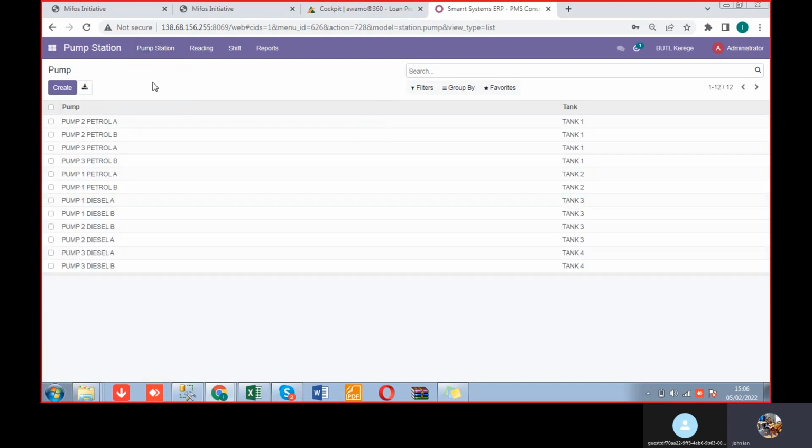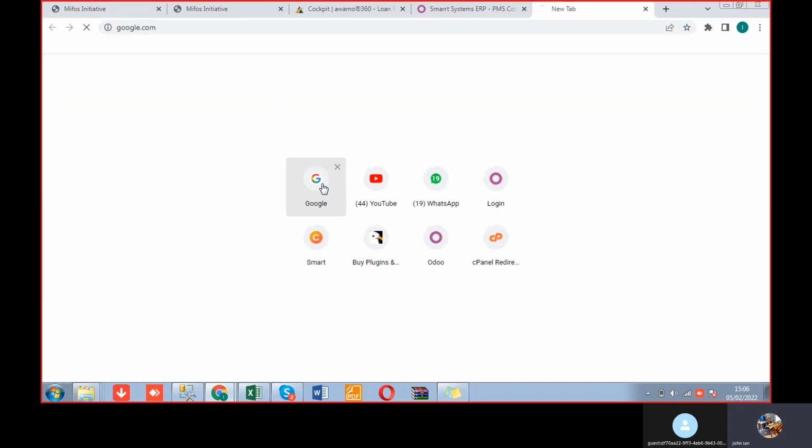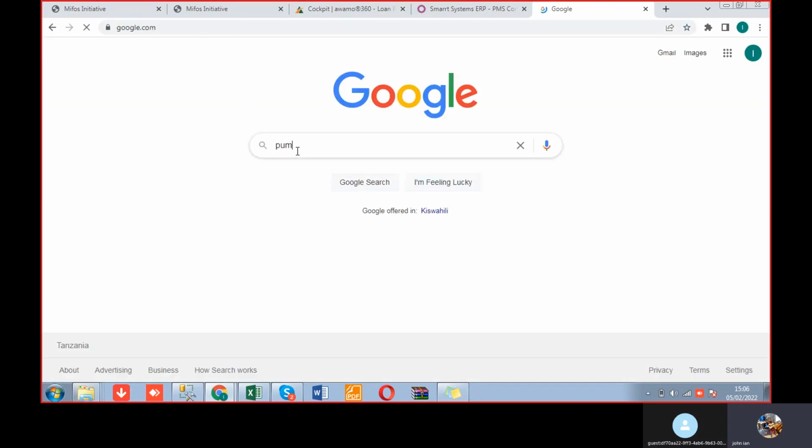When you define your pumps, the pumps will be linked to the tank. So for example, I can say my first pump is pump 2 for petrol, it's A. Now, to give you a quick picture of what I mean by a pump, this is the picture of a pump